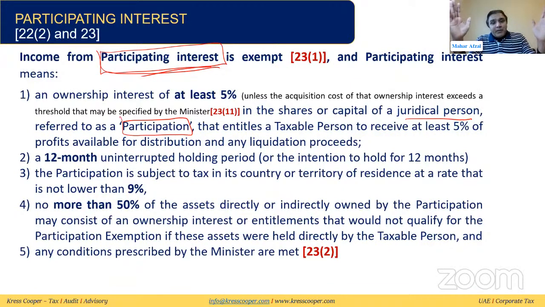So I think everybody is clear. We'll discuss again in detail the participation interest. These are the conditions: at least 5% ownership, 5% share in the distribution, 5% in the liquidation proceeds, holding or intention to hold at least for a period of 12 months, and 9% subject to tax. For the assets which are part of the participation, at least 50% of the assets should not be exempt from the tax. If these conditions are being fulfilled, then we can say,